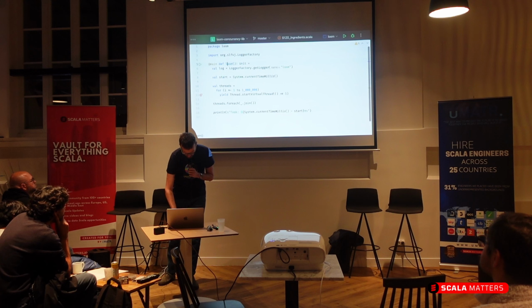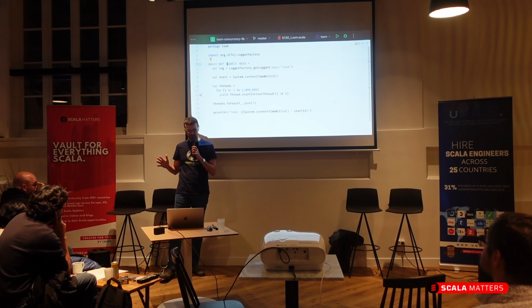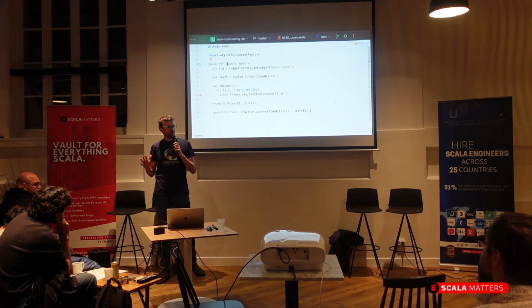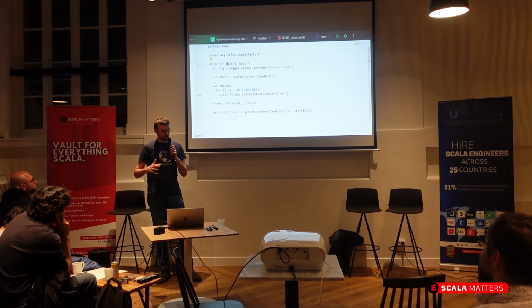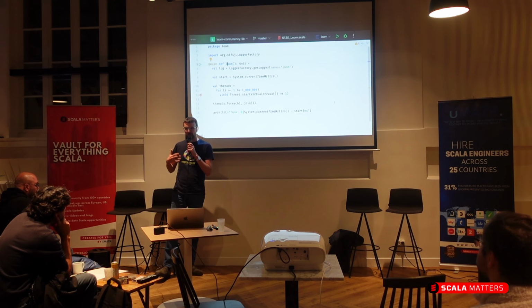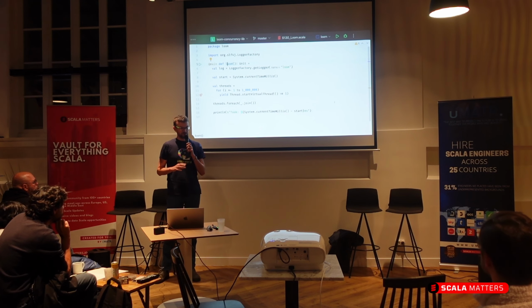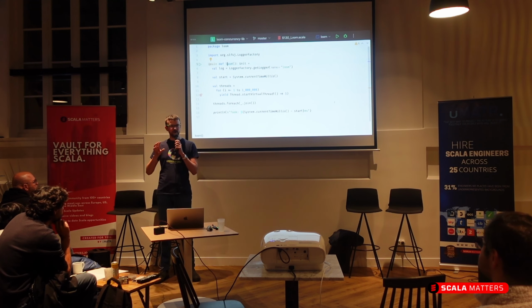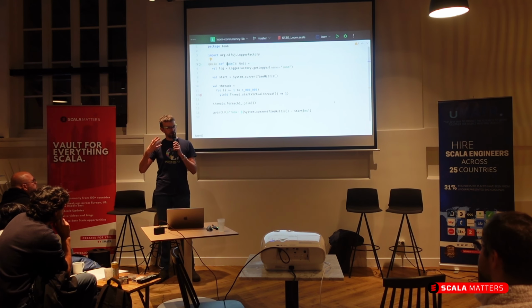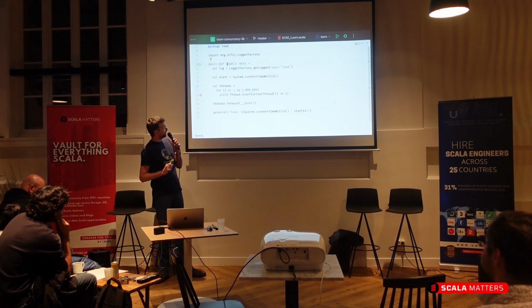So let's do an introduction of Loom, because I suppose not everybody might know what Loom is. What Loom introduces to the JDK, to the JVM, is a notion of virtual threads. So far, in all past Java versions, what we had were only kernel threads, which are called platform threads in the Java nomenclature.